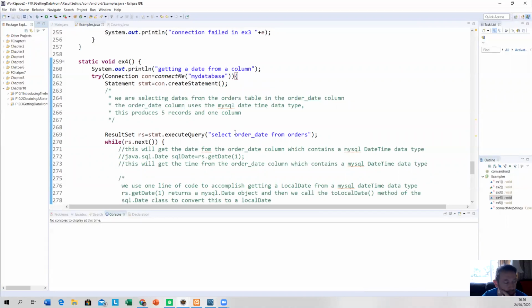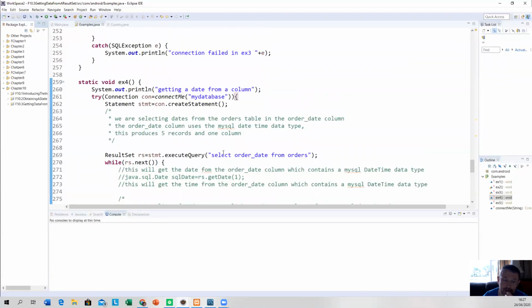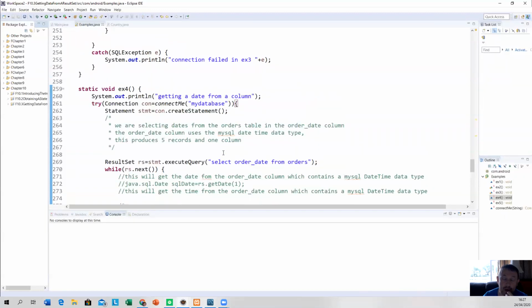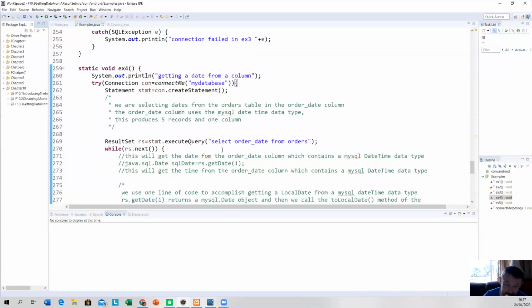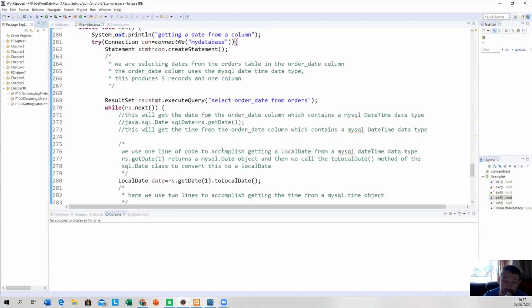Now the formatted date is held as a date and time. Now there is, as far as I know, a date format in MySQL. There's also a time format in MySQL. But I have one column, order date, and it has date and time. Now, if you want to convert it from a MySQL or an SQL date time to a local date, for instance, what you have to do is